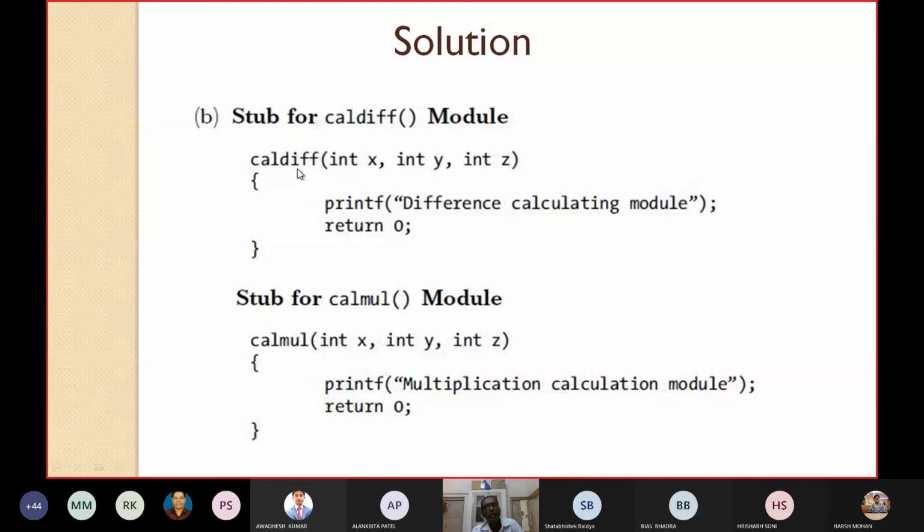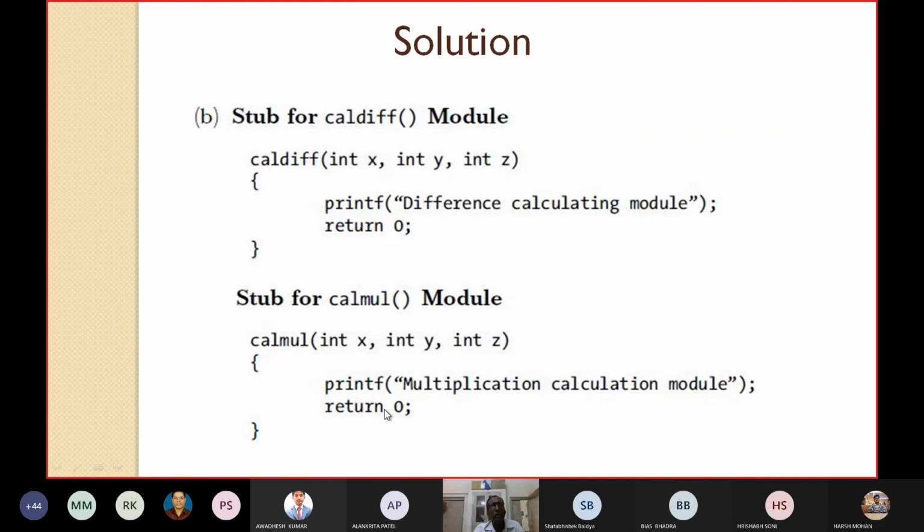So this is how you can develop a stub for call diff. Similarly, this is how you can develop the stub for call mul, just by writing the function name with some display statement or printf statement, and then some return value. In this way, you can prepare the dummy module stubs for call diff and call mul.